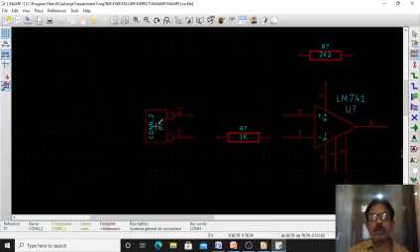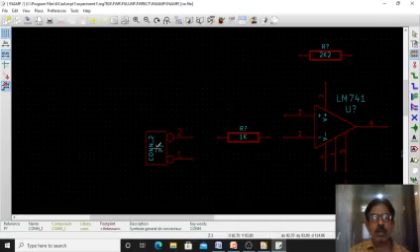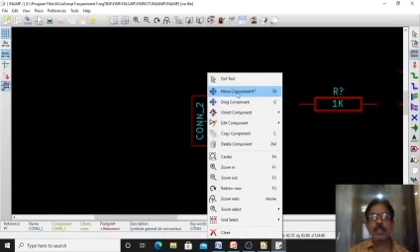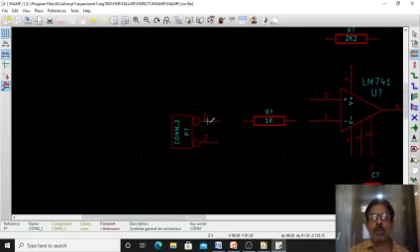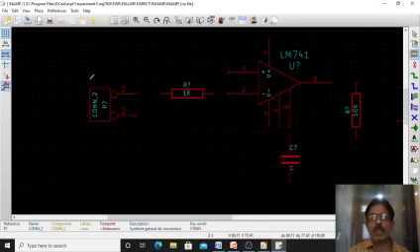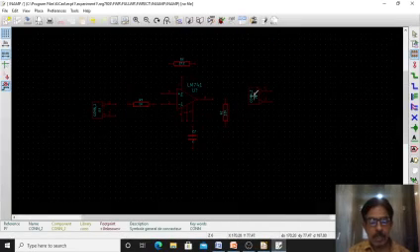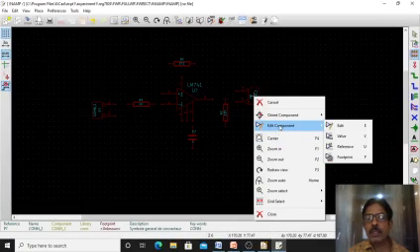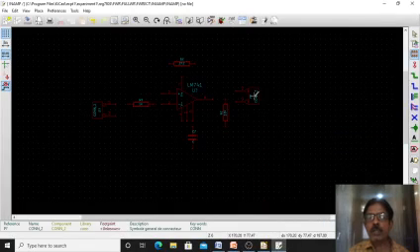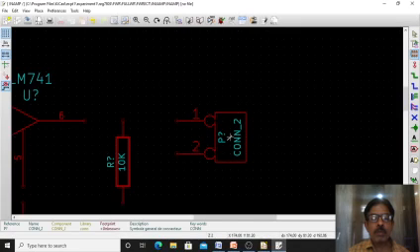Then right click, orient, mirror. Generally pin number 1 will go above and pin number 2 will come below, that will be better. Then the same thing, copy C and place at the output side, rotate it and take the mirror, that is orient component, then mirror, so that again 1 will go above. This is for the output side.